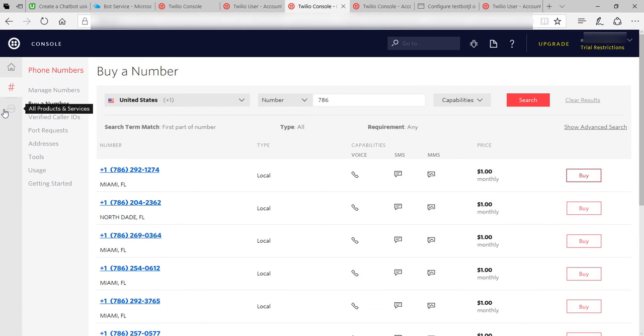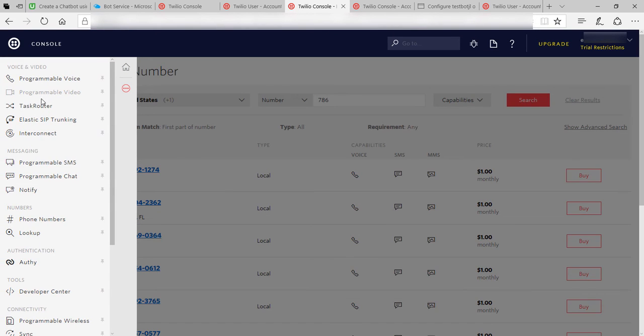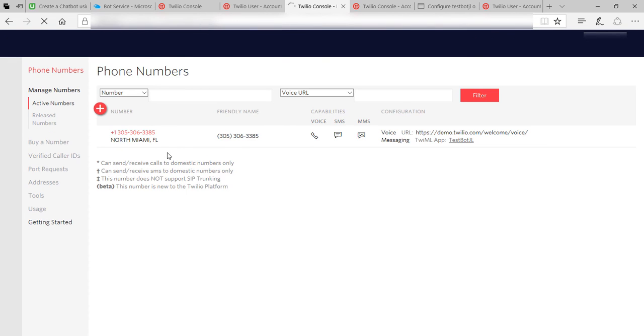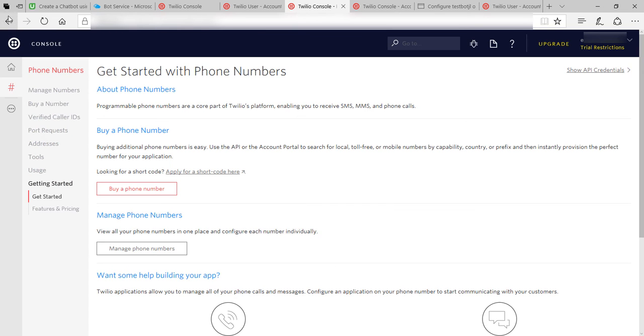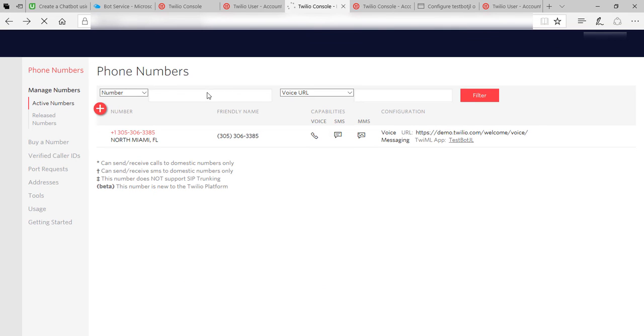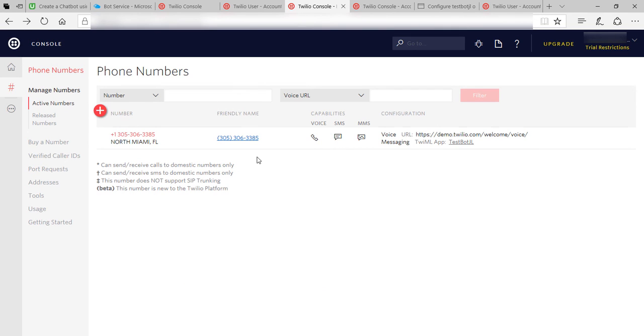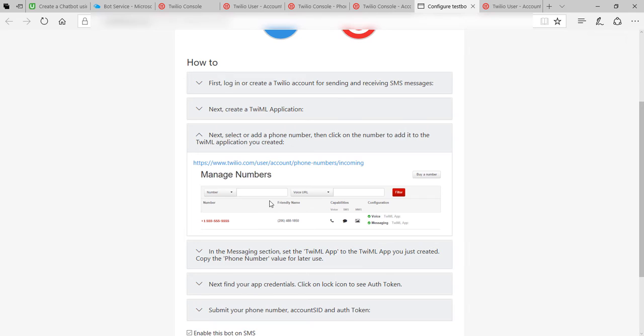If I want to see my number, I can simply click this icon over here, which was the little ellipsis. And I'll scroll down to where it says phone numbers, and it takes me to that page again. So in this instance, oops, let me go back. In this instance, it shows my number, and this is exactly where I need to be according to what that diagram said for configuring my number. Now, I'm supposed to add it to my TwiML application that I created. All right, so to do that,